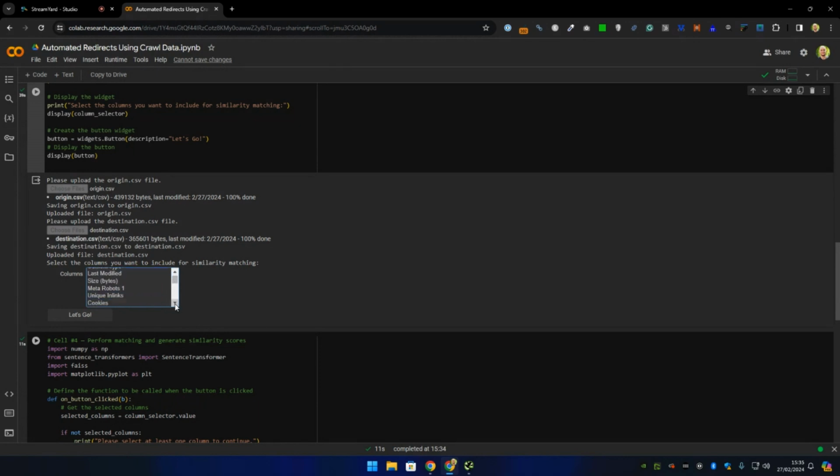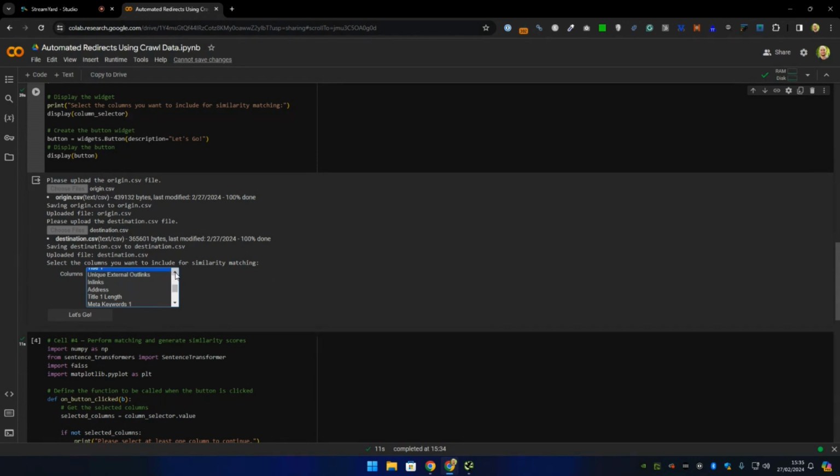So if, for instance, I have maintained the page titles between the old and the new site, you can select title 1, which is the page title element, to match between the sites. If you hold down Control, you can actually select multiple things to do the match on,